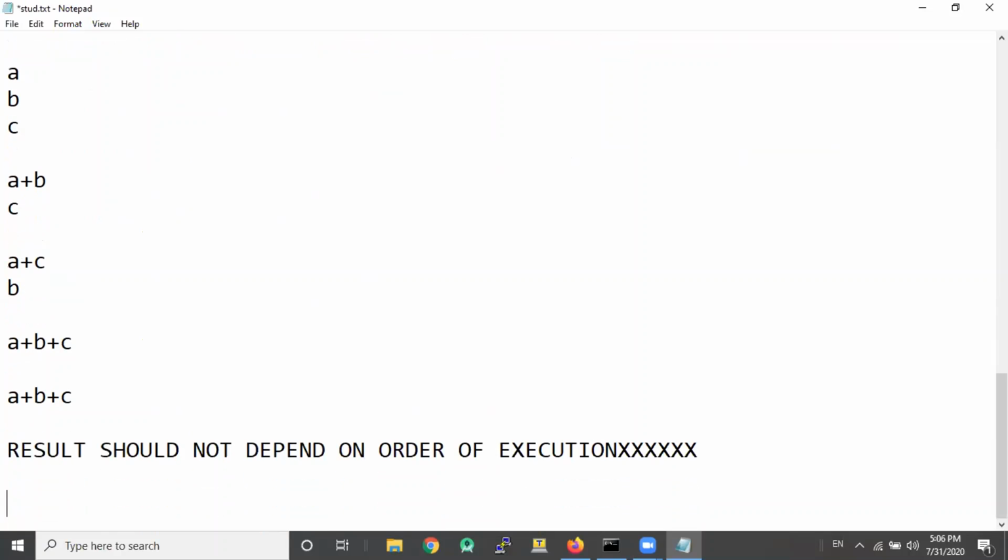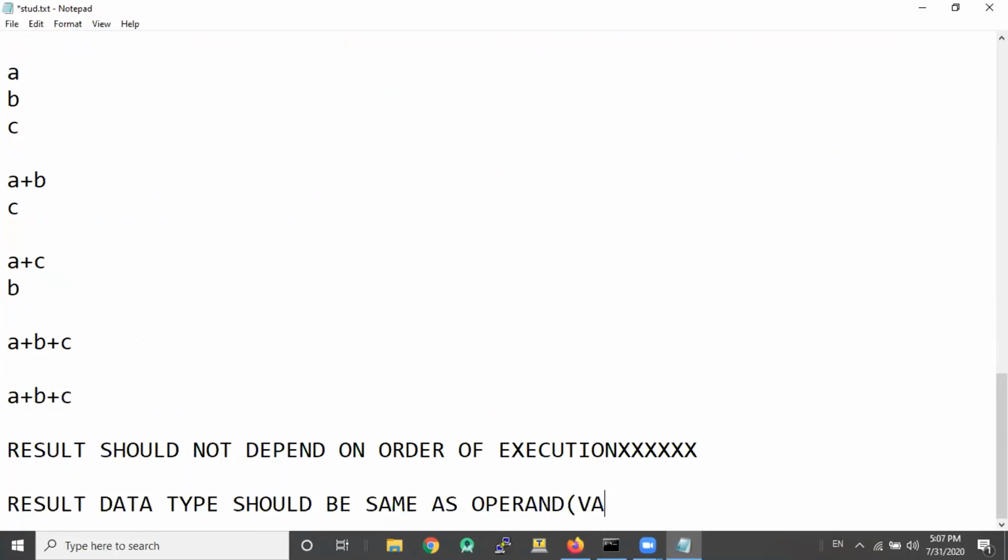And we should also remember that result data type should be same as operand, that is the value field data type. These are the two logical or mathematical restrictions on a reduce operation. These are the two things that we need to remember.